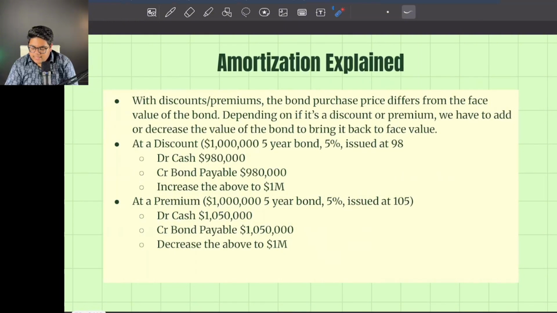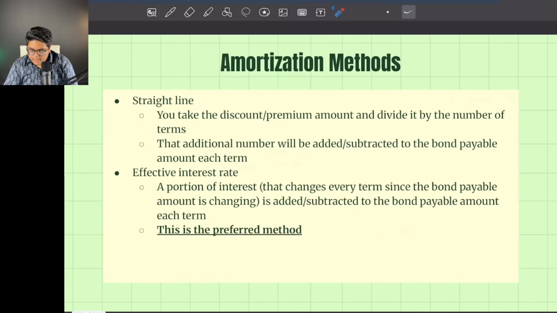So let's say this is for a 5-year bond, right? Let's say interest is paid every year. So if you want to come up with 20K over 5 years, then every year you've got to come up with an additional 4K, right? And that additional number will be added or subtracted, again, depending on discount or premium, to the bond payable amount